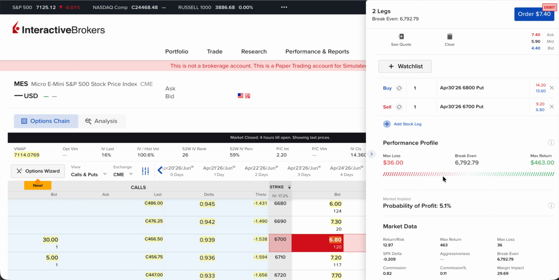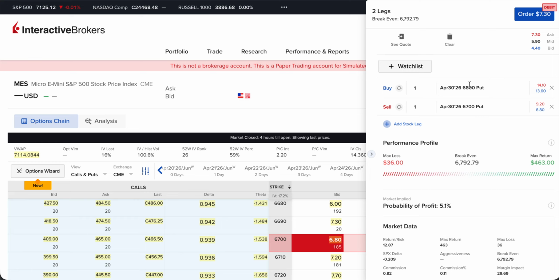It's a tiny percentage. But look, per contract, all we can lose here is $36. That's the maximum amount. Now for a 10K account, we just do 2 contracts for this. We're not expecting to win, but how we're actually going to manage this, just to remind you, we're not going